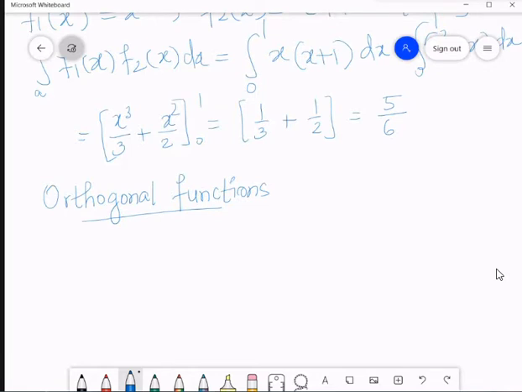So over here, Mitesh, will you try? Yes, ma'am. If the inner product of two functions is equal to 0. Very good, very good. Exactly the same way we have to develop the concept. So if the inner product is zero, then we say the functions are orthogonal. So if I have two functions, f1 of x,